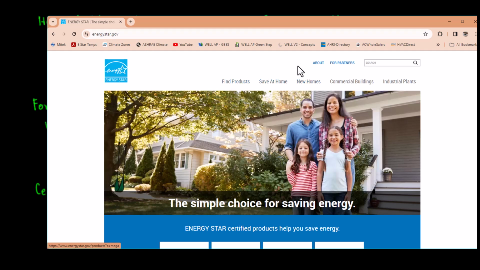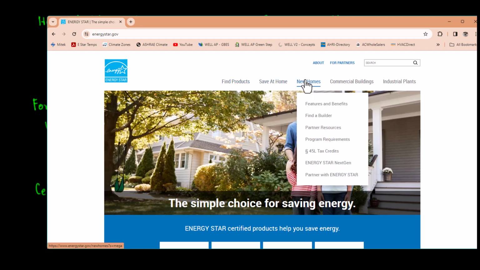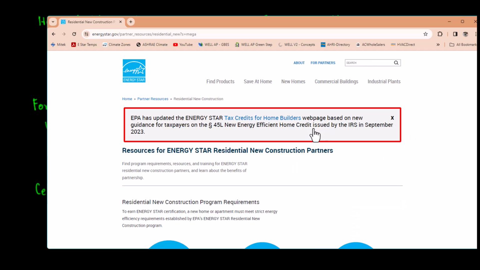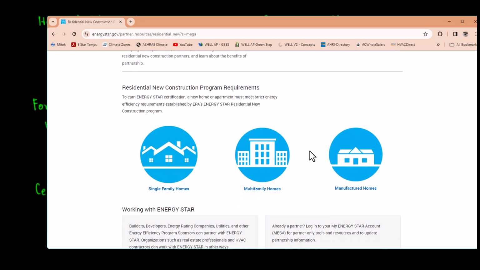For Energy Star Homes, if you want to become a partner, you go right here where it says new homes. Under new homes, you can have partner resources. Under partner resources, you have three options. Option number one is single family homes, option number two is multi-family homes, and manufactured homes.